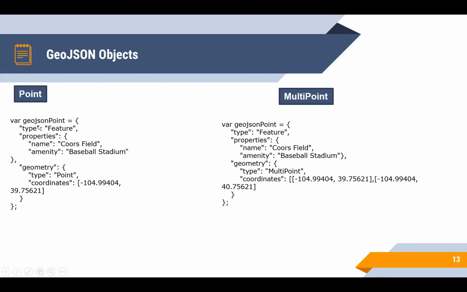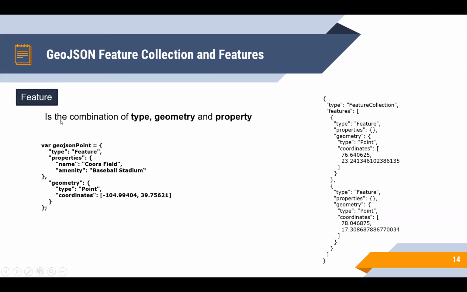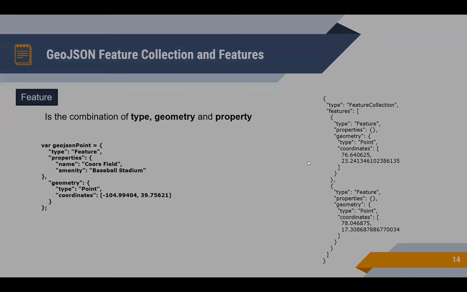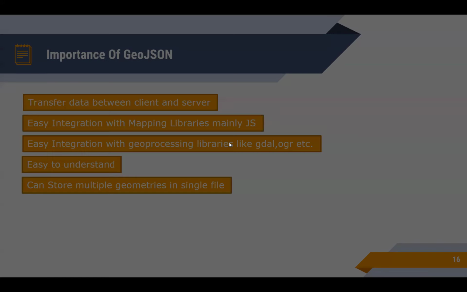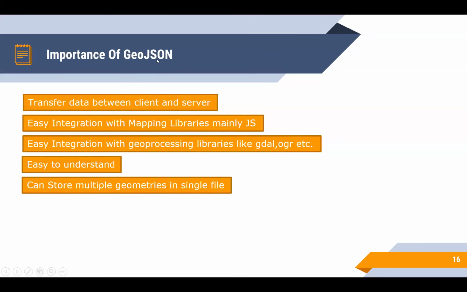That you guys already have seen. GeoJSON point कैसा दिखता है, GeoJSON line कैसा दिखता है, GeoJSON feature कैसा दिखता है, how all these things are working, geo feature collection. Importance of the GeoJSON: transfer data between the client and server, easy integration with the mapping libraries, mainly JavaScript, easy integration with geoprocessing libraries like GDAL, OGR, easy to understand, can store multiple geometries in single file. Normally, this we are saying you can store multiple geometry in single file, but ideally हम लोग ऐसा करते